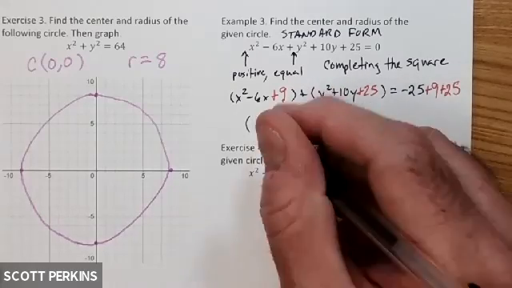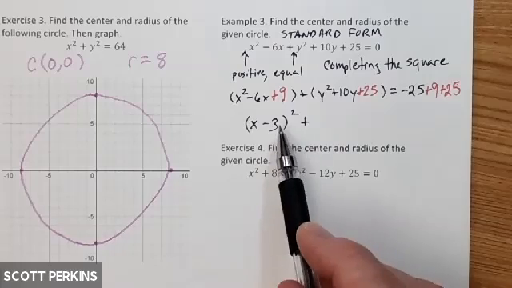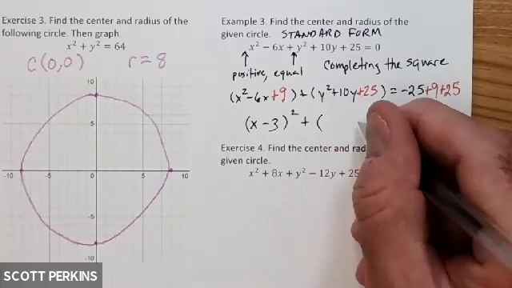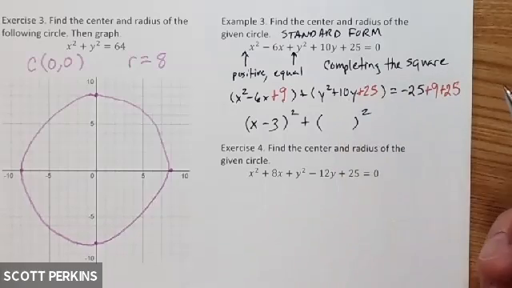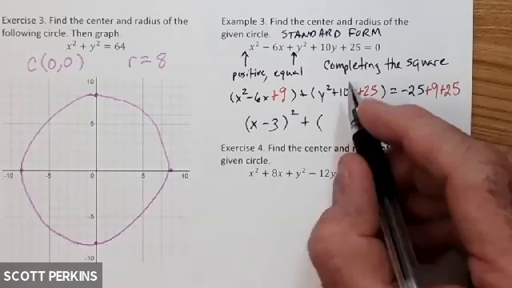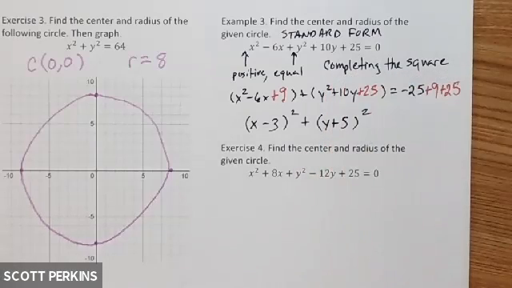That's going to be minus 3 and minus 3, so x minus 3 squared. That's why we completed the square, so that this would be a perfect square. And then what are the two factors of 25 that are going to add up to positive 10? They're going to be positive 5 and positive 5, so y plus 5